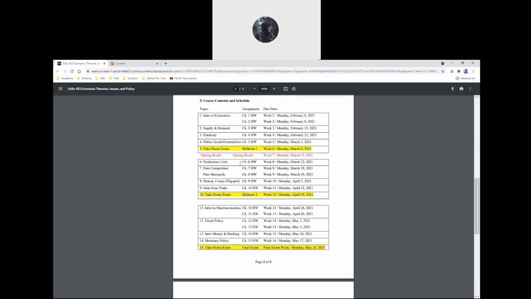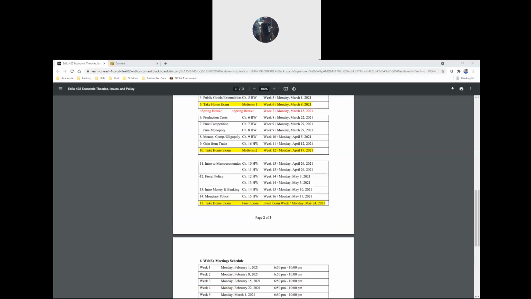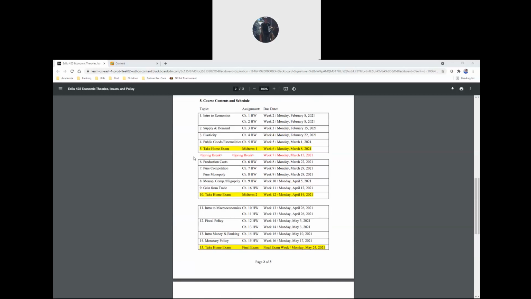Is next Monday the 29th? I think that's accurate. Okay, so we're right on track on the syllabus. Just like the syllabus says, the chapter 7 homework and the chapter 8 homework are both due next Monday, March 29th. And then the topic for next week is we're going to cover the other 2 types of